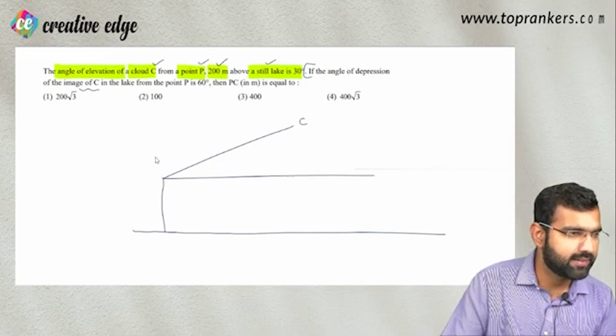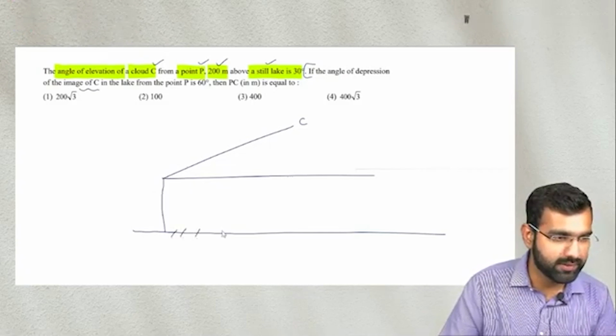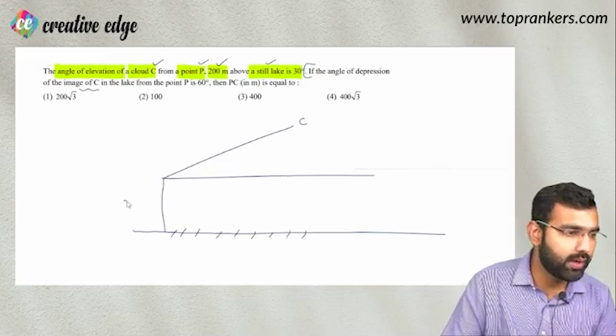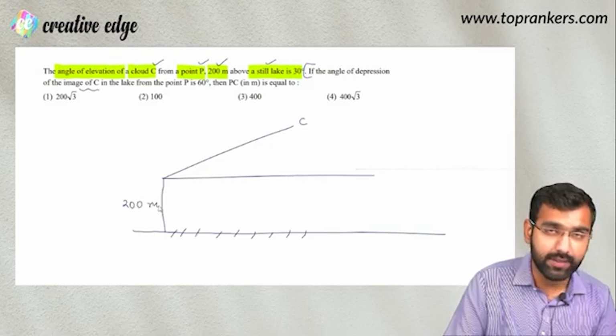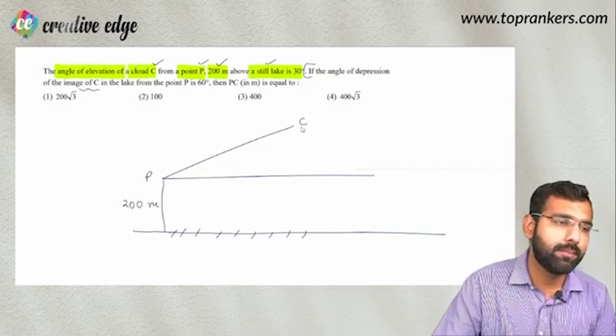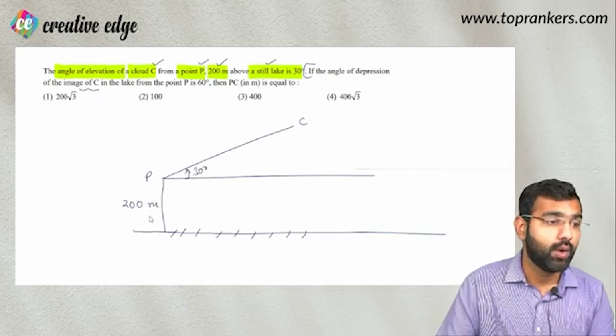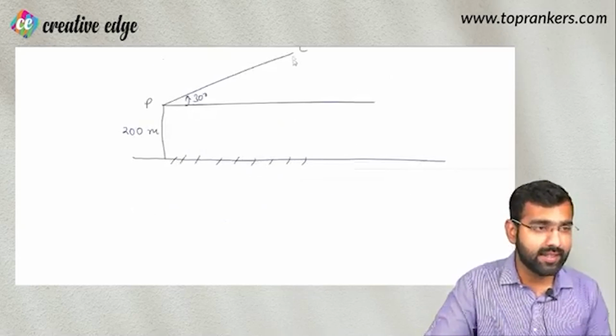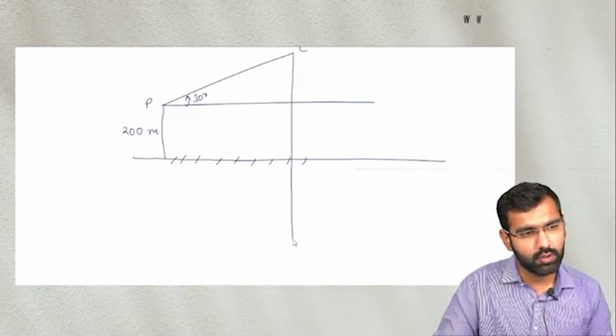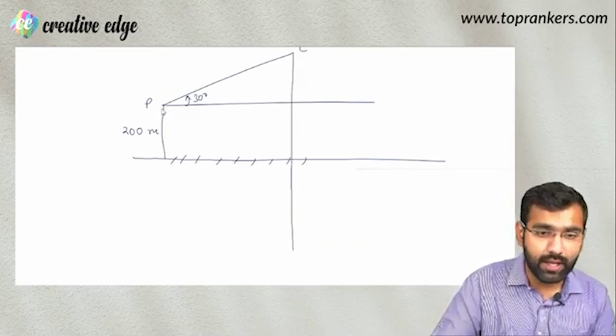सा करेक्ट करते हैं क्लास, देयर इज दिस लेक, इस लेक के ऊपर, दिस इज दैट लेक, राइट। नाउ 200 मीटर अबव ऑफ दिस लेक देयर इज अ पॉइंट P, और उस पॉइंट P से इस क्लाउड C का एंगल ऑफ एलिवेशन इज 30 डिग्री। आई होप यू हैव अंडरस्टूड दैट। व्हाट आर वी आल्सो टोल्ड इज दैट इस C का एक इमेज बन रहा है, इस C का मिरर इमेज बन रहा है।